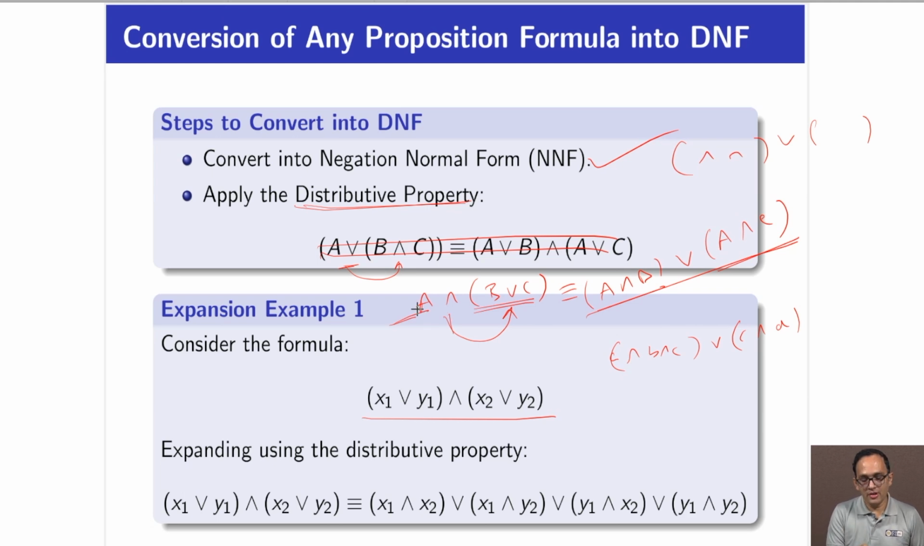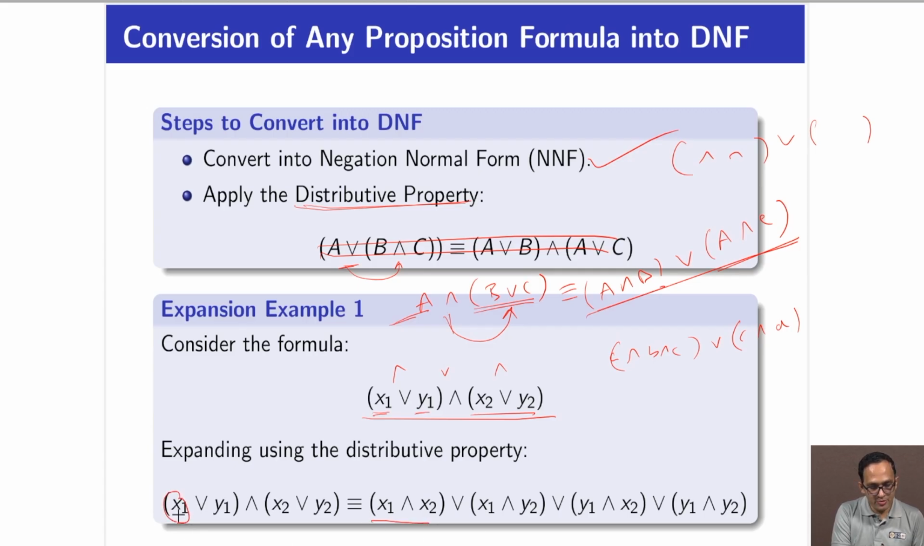So, if you have this, again this is not in DNF, because in DNF you should have AND inside and OR outside, but here it is the other way. So, I will apply the distributive property. What I will do, I will distribute x1 over this and then I will distribute y1 over this. So, the equivalent formula is x1 and x2,